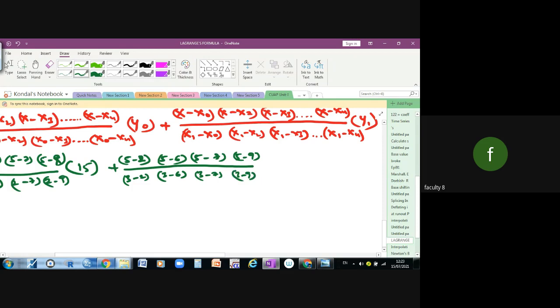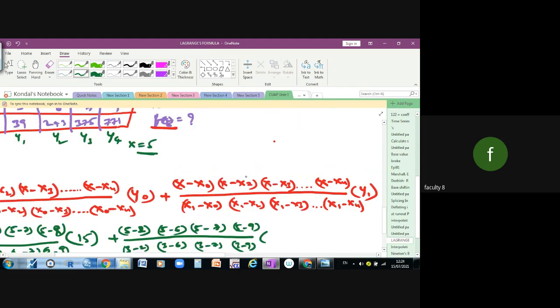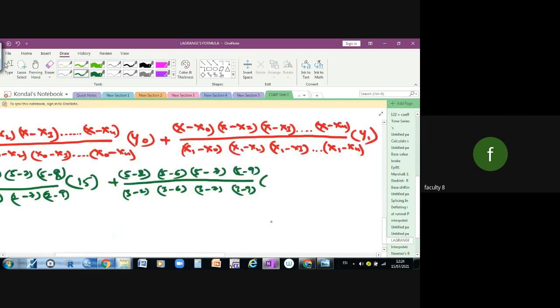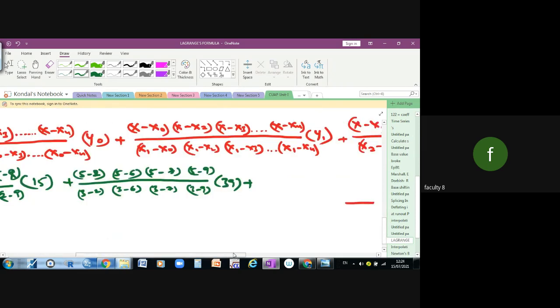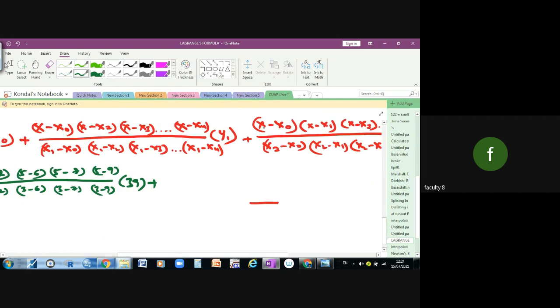Okay. Then into y1. y1 is how much? 39. So 39 plus, so x minus x0,